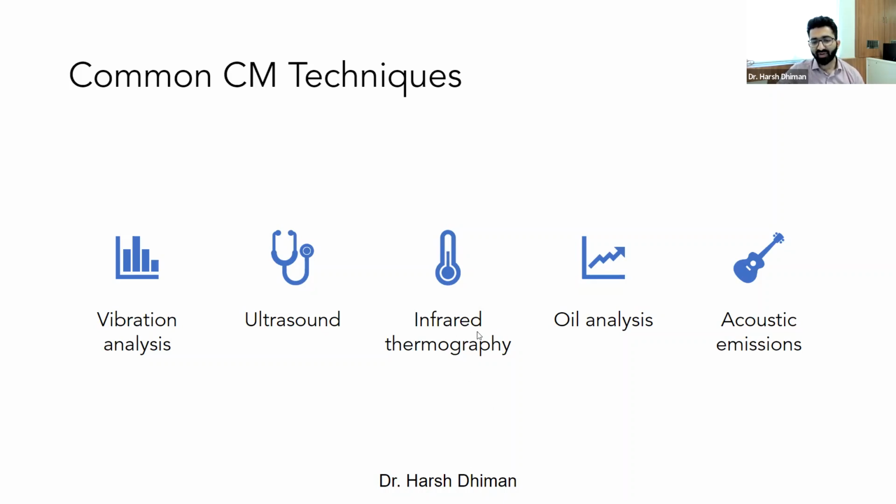Now, in terms of infrared thermography, you are essentially reliant on image-based analysis. A part of computer vision is always involved. You take infrared images of the particular equipment, or you can do infrared thermography on one part of your equipment. Let's say you are focusing on one bearing of your machine. Whether the bearing is leading to a particular fault or not, that decision can be taken based on the results from the infrared thermography.